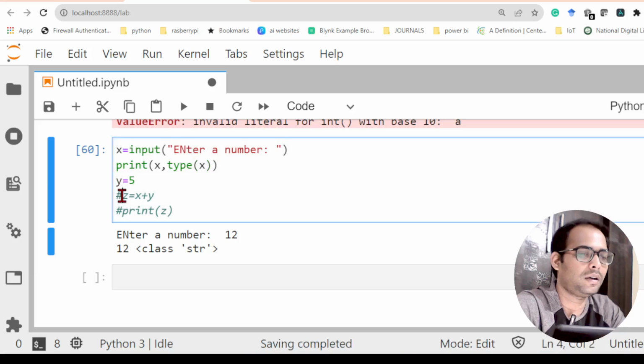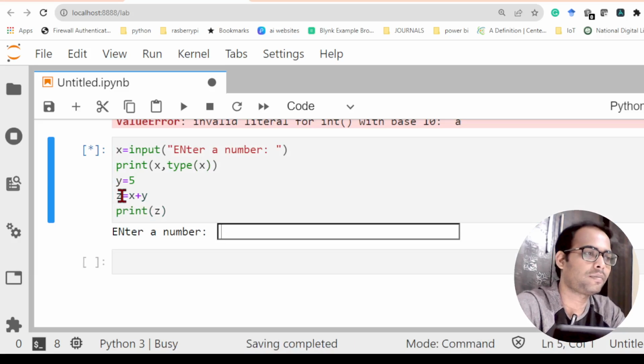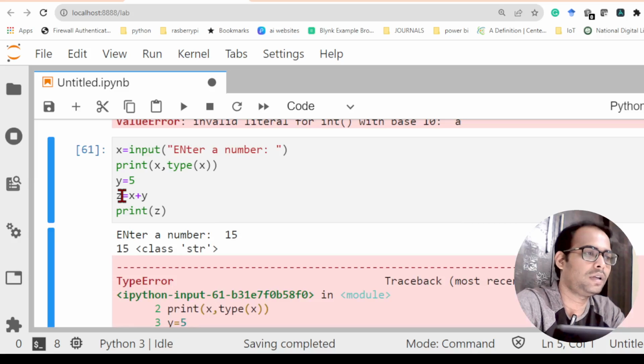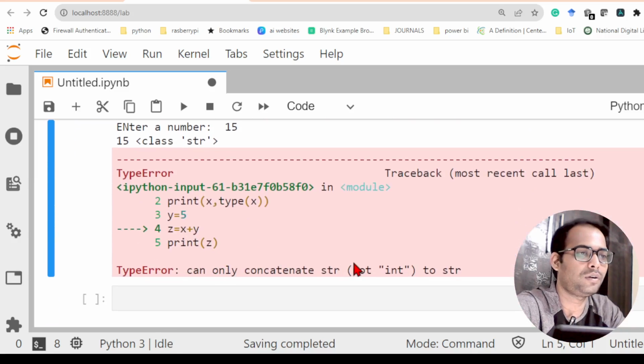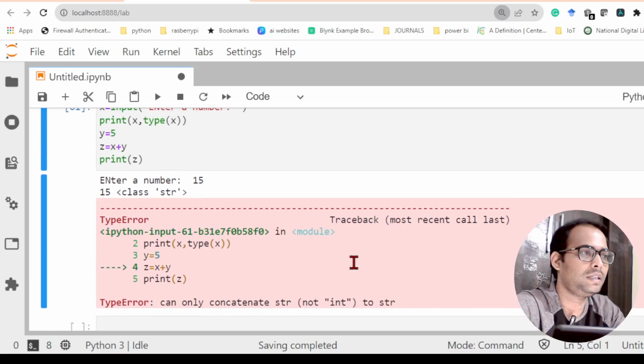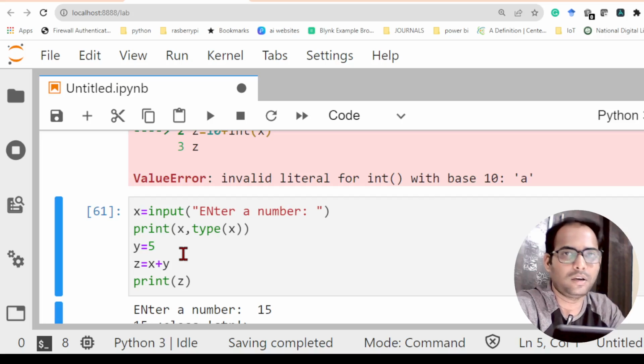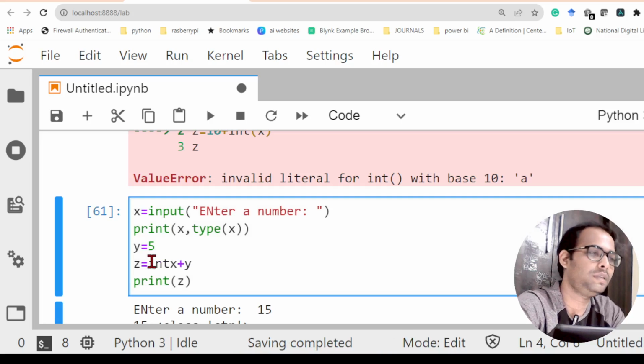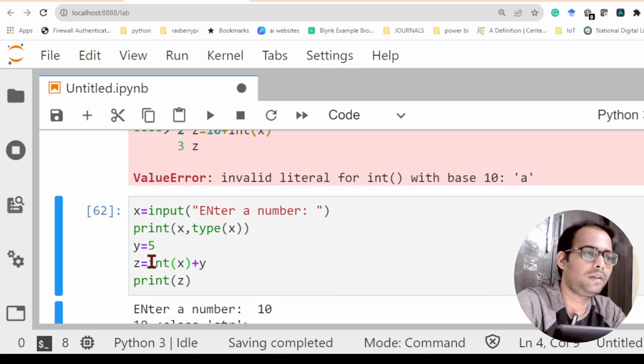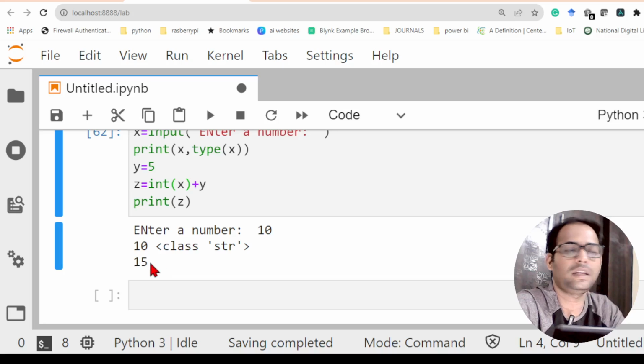Now if I uncomment this and try to run this, if I enter any value there, it is showing me an error that we cannot do it. Why? Because here it is trying to add z, which equals x plus y. x is a string and y is an integer here, so it cannot be added in this case. So how to do this? Here we can do explicit conversion. Now if I run the code and give any value, then the z value it can give me as 15,